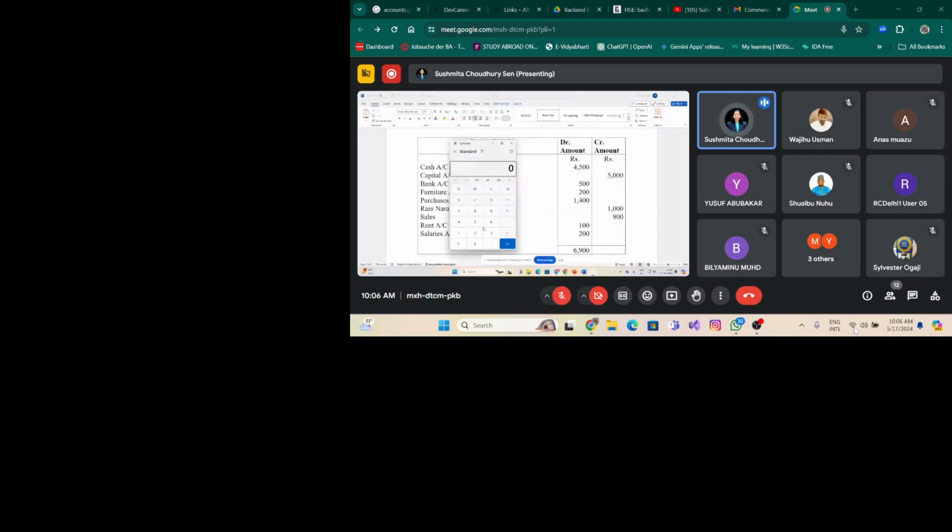So I'm again taking the calculator. So 5,000. So you can see the total in both the sides are equal, and it will be equal if you are correct. If it is incorrect,